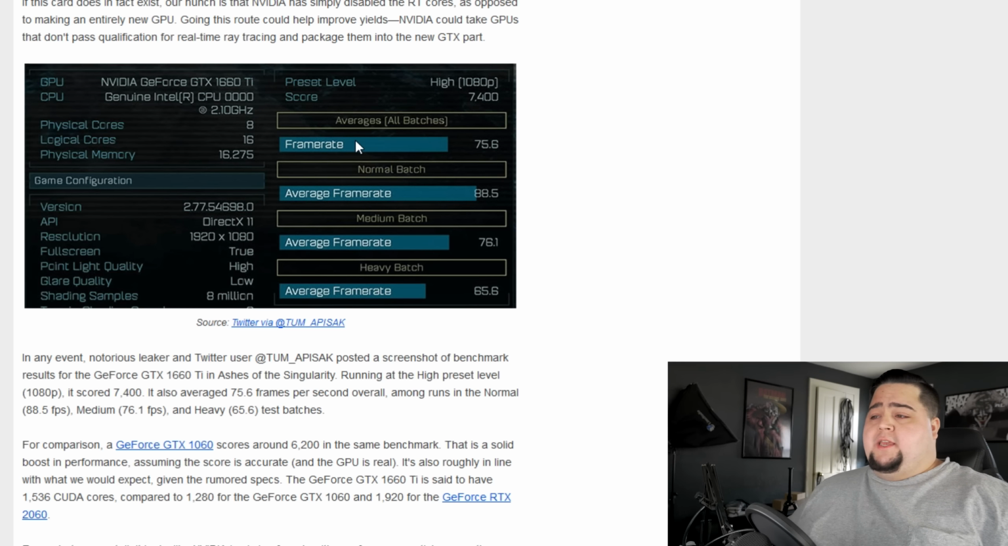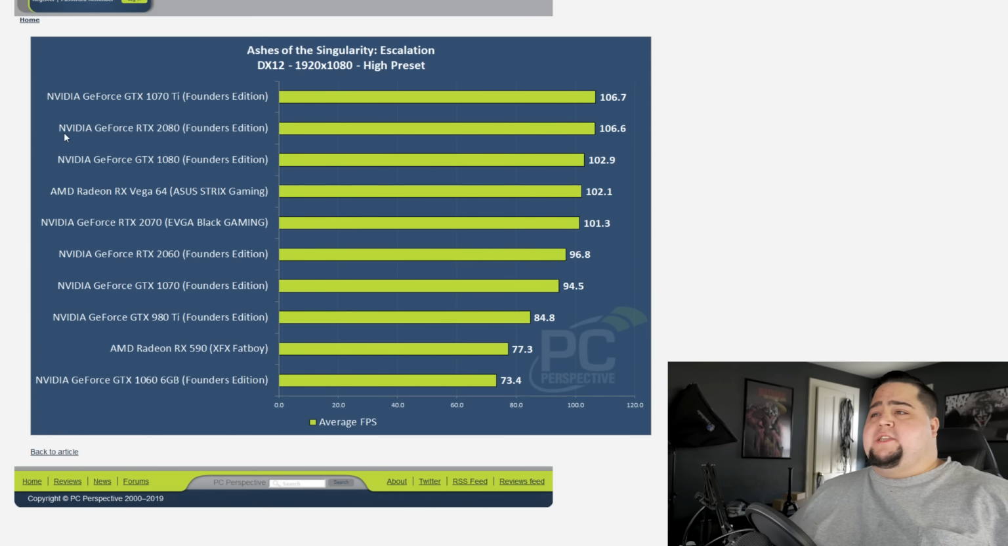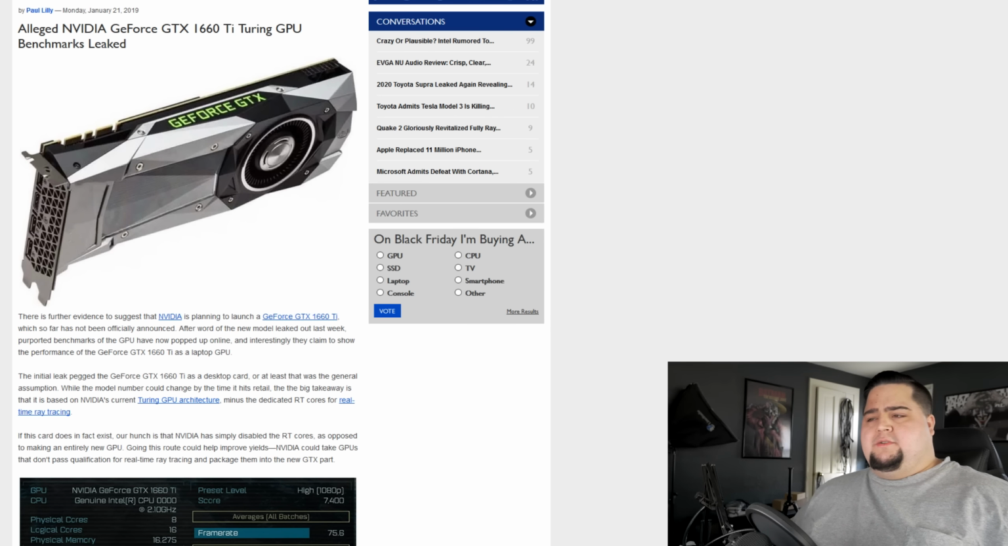So based on that, just taking a look at the average frame rate and everything, we can see it's running DX11, 1080p, and the preset is the high preset, got a score of 7400, and the average frame rate overall was 75.6. And if we compare that online to PC Perspective's numbers, who has a nice graph over on their website with the RTX 2060 review, you can see the RTX 2060 got 96.8 average FPS, and then going all the way down the line to get to 75, we'd actually have to come down to the 1060, so it looks like it's going to be somewhere between the 1060 and the RX 590,